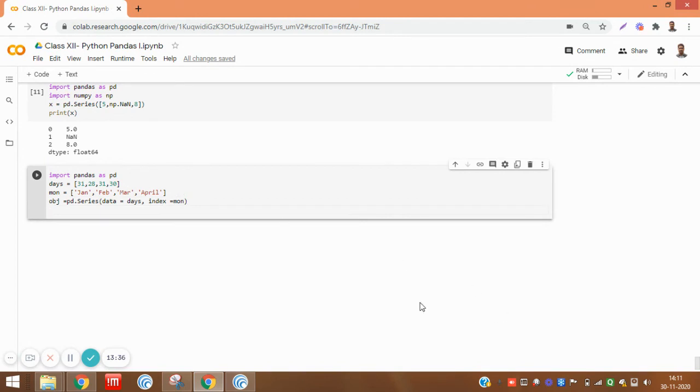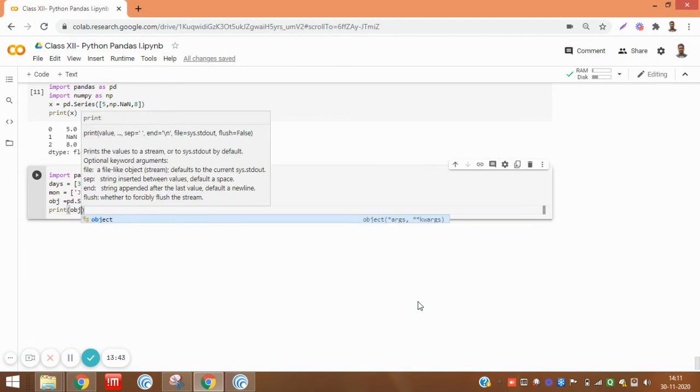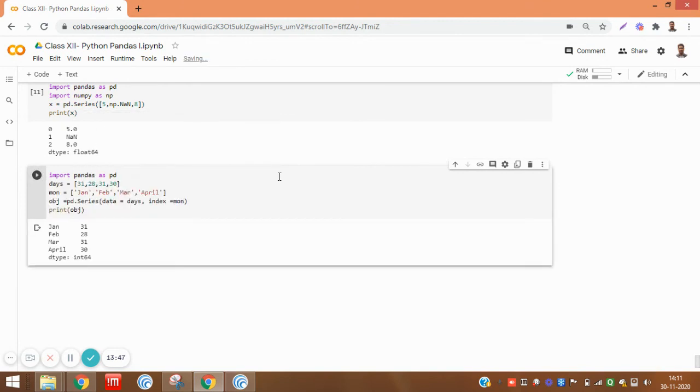Okay. And then we'll print it and check it. Print obj. And you can see here it has taken indexes from the month list, it has taken data from the days list. So here you can create by directly specifying indexes and data with series.